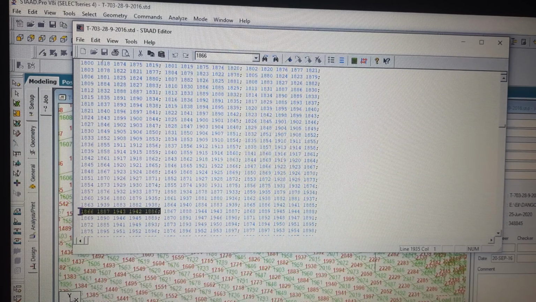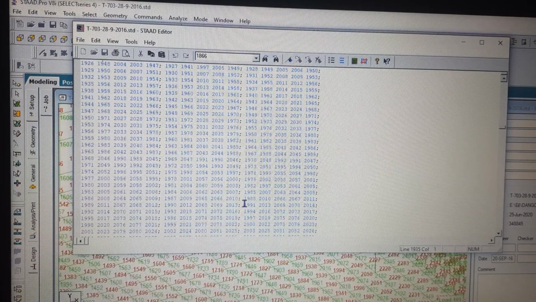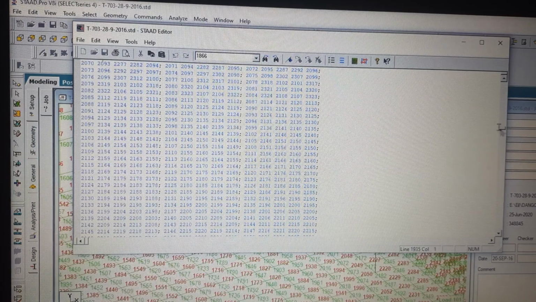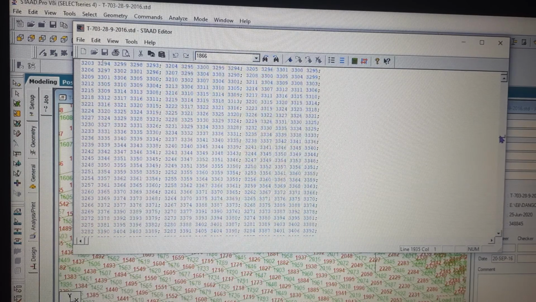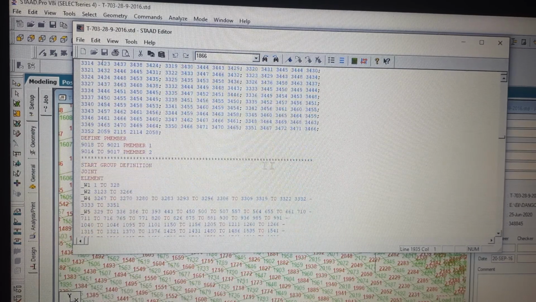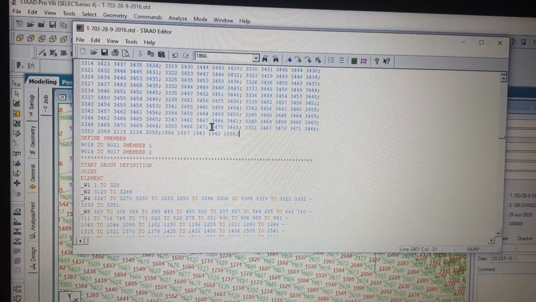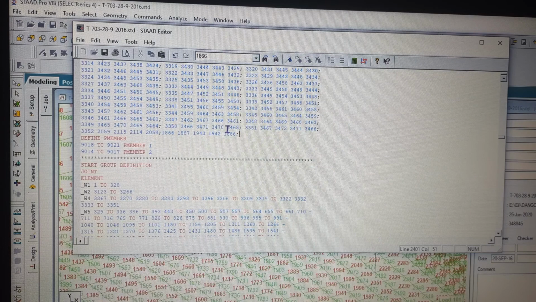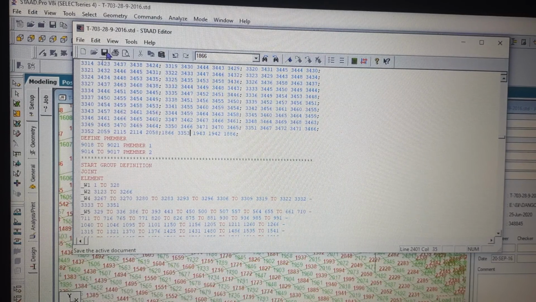If I copy it and create a duplicate for it, then see what happens. Say I have created a duplicate plate using the same node numbers. Name it 3353. Okay, let's save it.